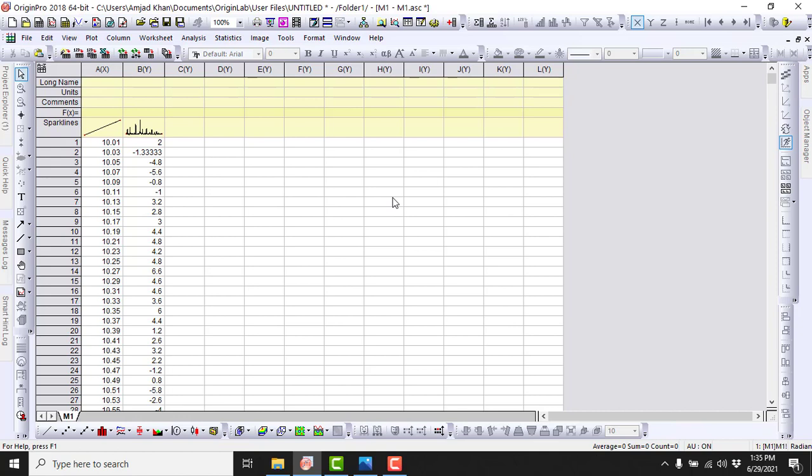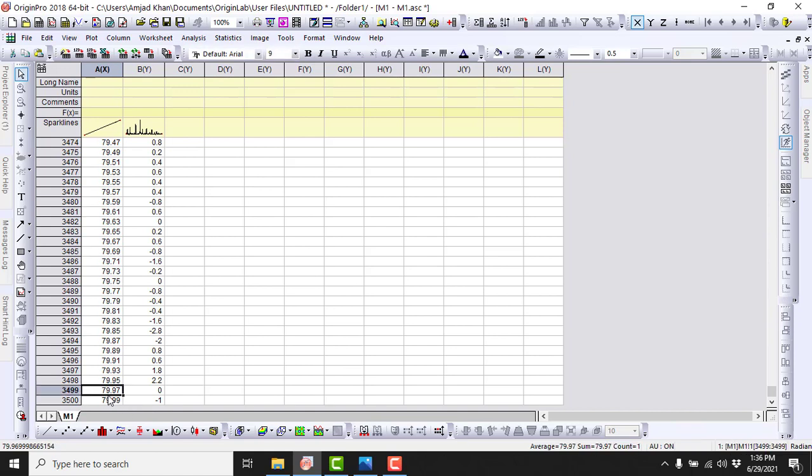To copy and paste the data, we will need to check the spectral range. The spectral range is the two theta starting and end point. Here in this case you can see the 2 theta spectral range is from 10 degrees to 80 degrees.